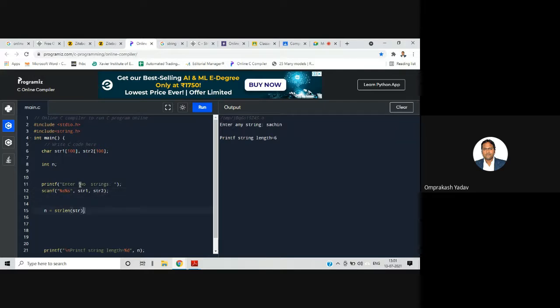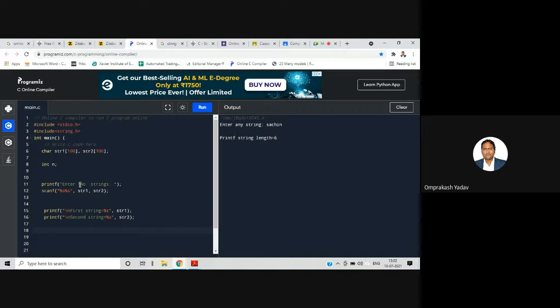Let's try to display both the strings. printf first string %s, str1, second string %s, str2.